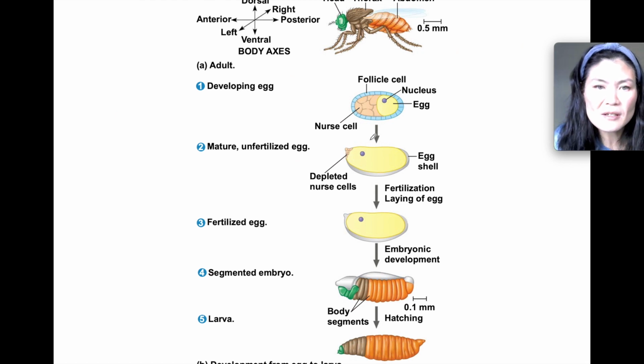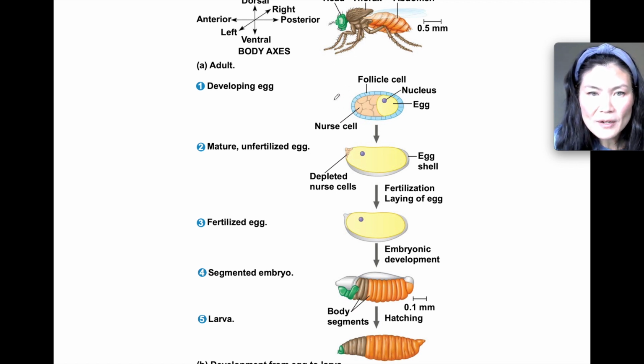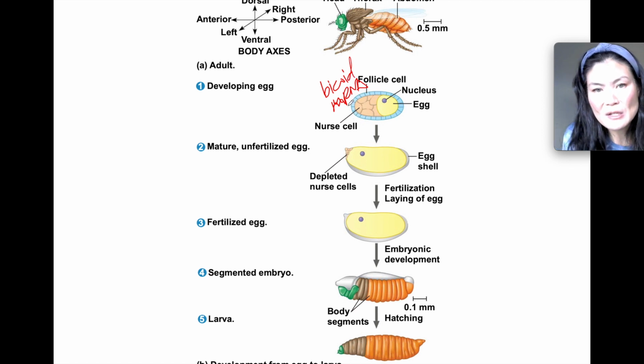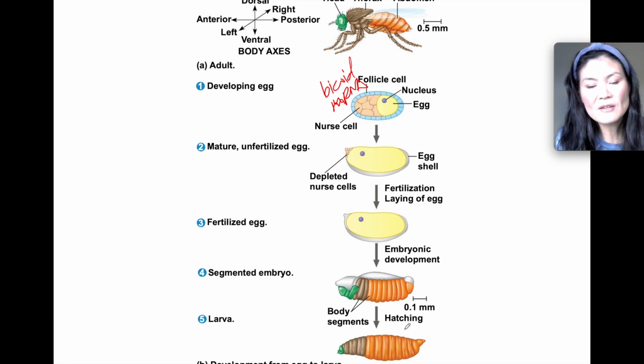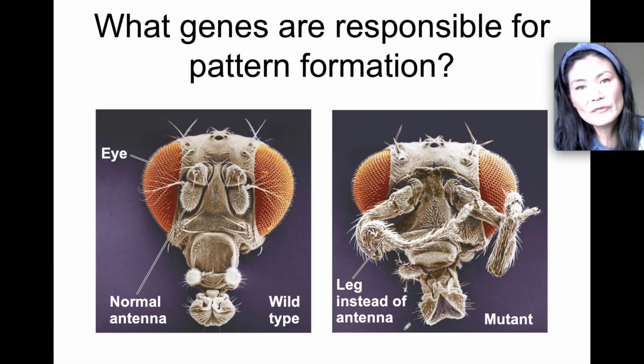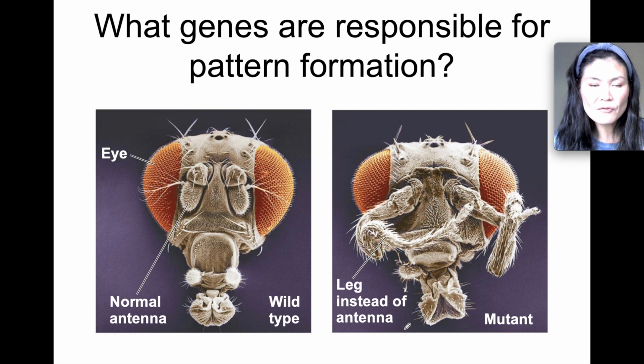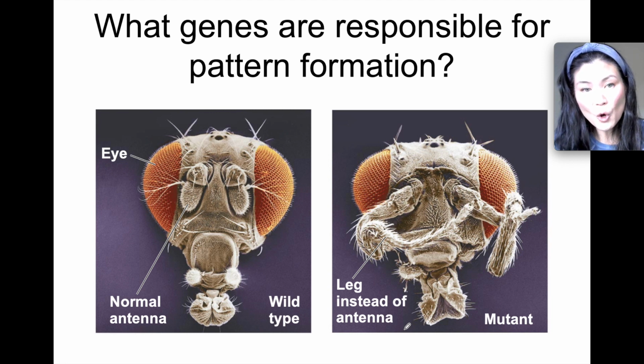Here is a diagram showing you, in a fruit fly, you start off with an egg, and then the bicoid mRNA is going to be on this side because that's going to be the head. That's the bicoid mRNA, which is a cytoplasmic determinant. Then it goes through body segmentation, and here we have a larva, and eventually it's going to turn into a mature fruit fly. And there are genes that are responsible for the head forming, the abdomen, the legs, the wings, etc. These genes are called homeotic genes.